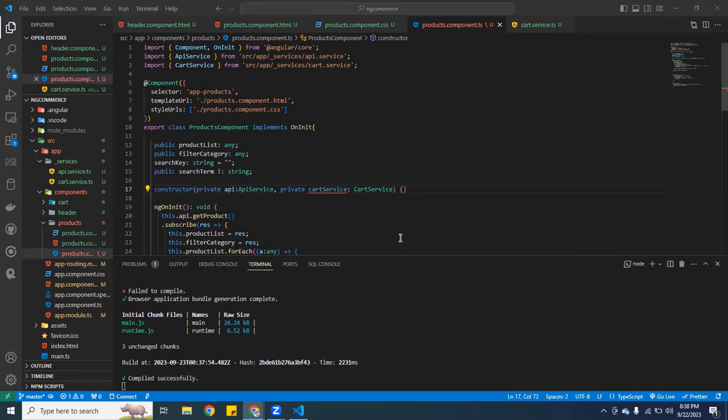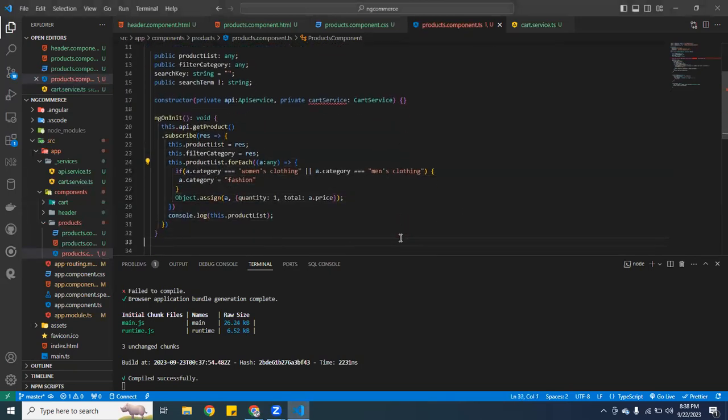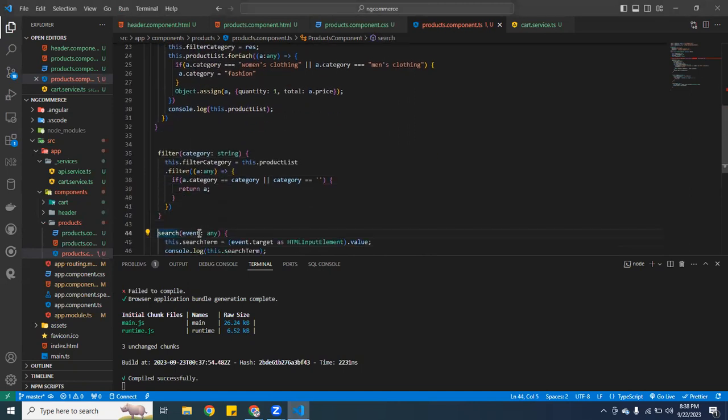Private data card service. Yeah, that's what I call it. I call it card service. All right. Cool. So here, it's red like that because we're not using it yet. It's been declared, but we're not